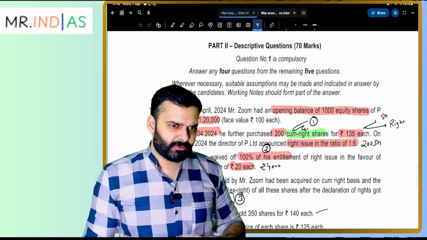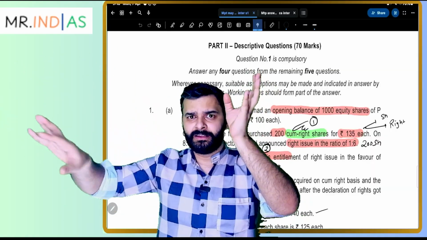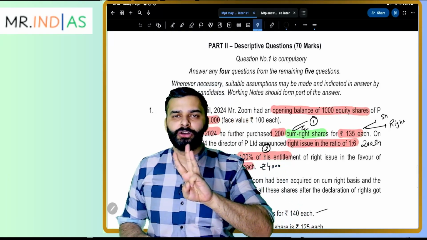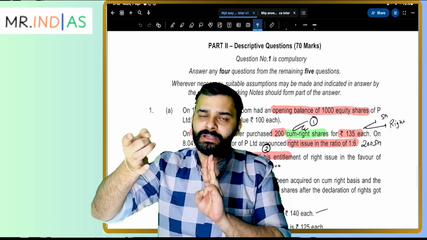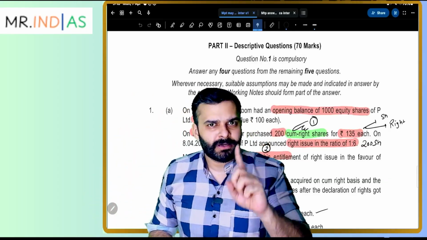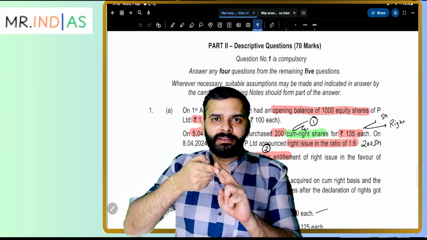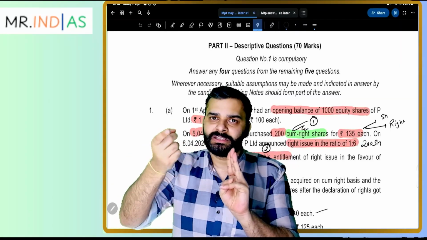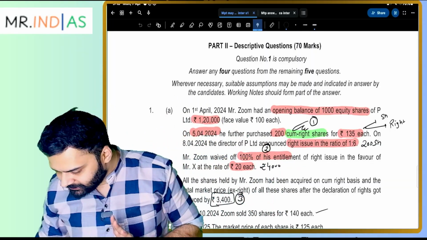Why has the share price fallen? Because the price had gone up by the announcement of right. Now the right has settled, so the share price has gone down. So that is why there are three conditions attached to the treatment of right. If all three are satisfied, the treatment would be different. If any of them is not satisfied, the treatment would be different. What are the three conditions? Number one, shares are bought cum-right, which is satisfied here. Number two, rights are renounced, which is satisfied here. Number three, the share price has fallen on ex-right basis, which is satisfied here, which is 3,400.